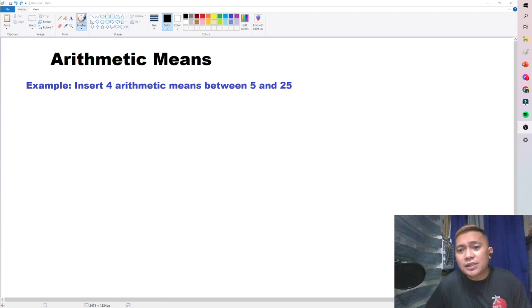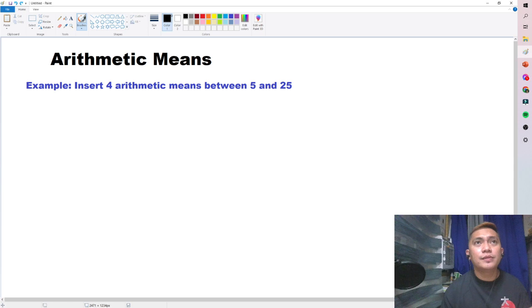So arithmetic means are the numbers in between two numbers. For example, we have to insert 4 arithmetic means between 5 and 25. So we have two numbers and we need to insert 4 arithmetic terms. So meron tayong i-insert na 4 numbers. So for example,